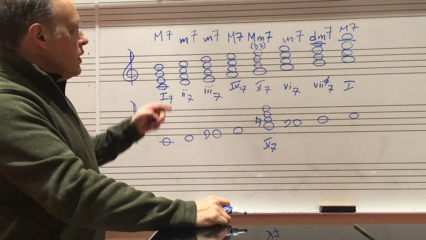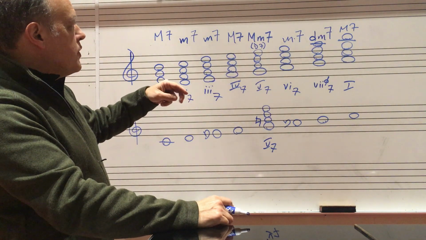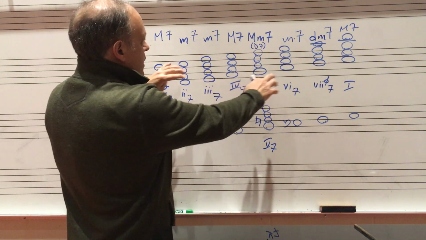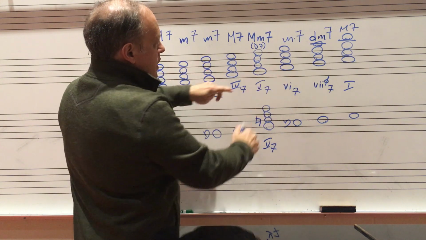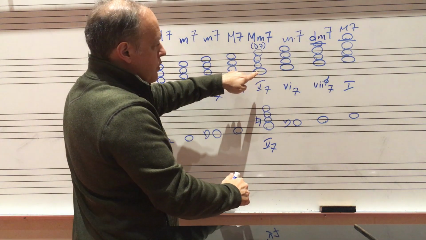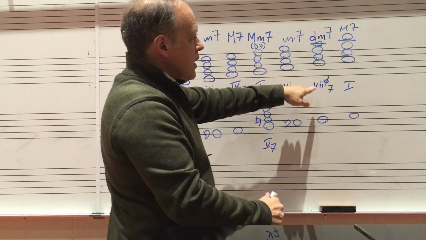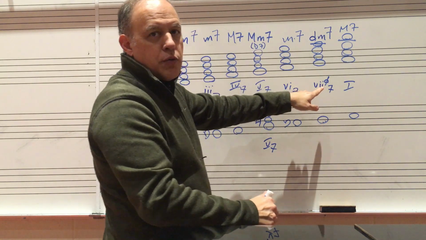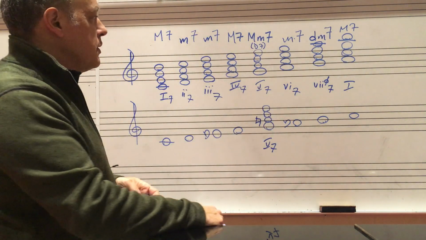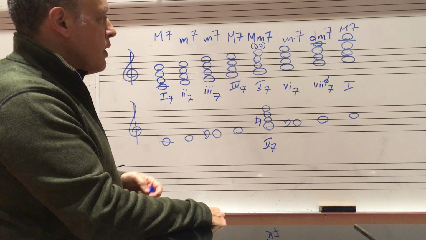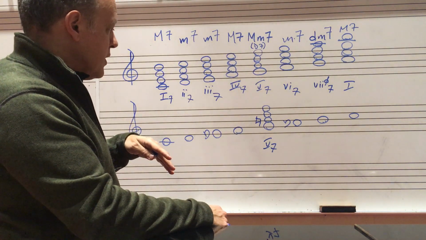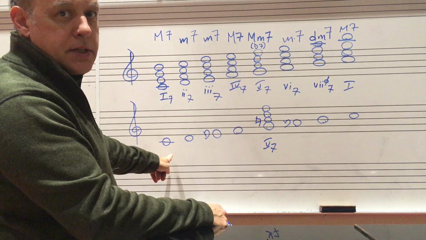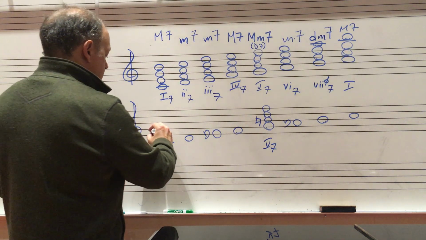So now, in terms of the naming system, I've got 2 major sevenths, 3 minor sevenths, just 1 major minor seventh or dominant seventh, and 1 diminished minor seventh, also known as a half diminished seventh. Now, if I take that naming system and try to apply it to the context of minor,